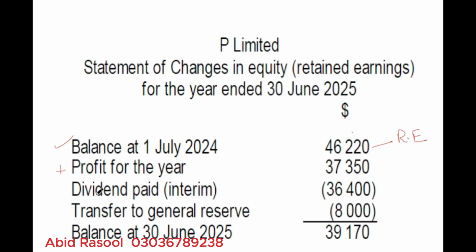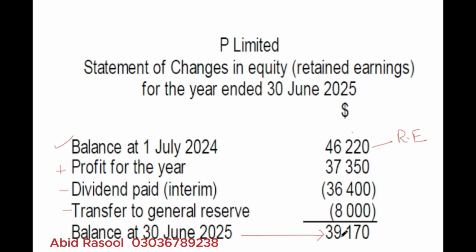Second, number 3, dividend paid. Now we have the other two things that directors have decided. They are going to pay interim dividend 36,400. That's why it will be subtracted, and you can see the brackets around 36,400, and then transfer to general reserve 8,000. Okay, this is also going to be subtracted from the retained earnings. That's why you can see the brackets. These two elements are getting subtracted from retained earnings, and then after the calculation we get the closing balance of retained earnings at 30th June 2025,